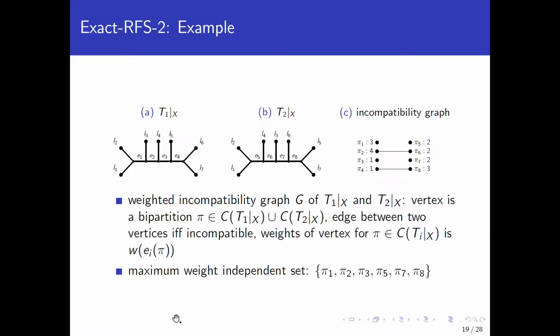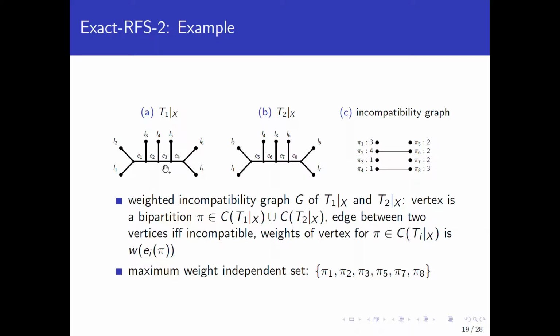For edges E1 to E8, let them induce the bipartitions pi1 to pi8. We see that each bipartition pi1 to pi8 from the backbone trees becomes a vertex in the incompatibility graph. And there's an edge between two vertices if and only if the bipartitions they represent are incompatible. For example,